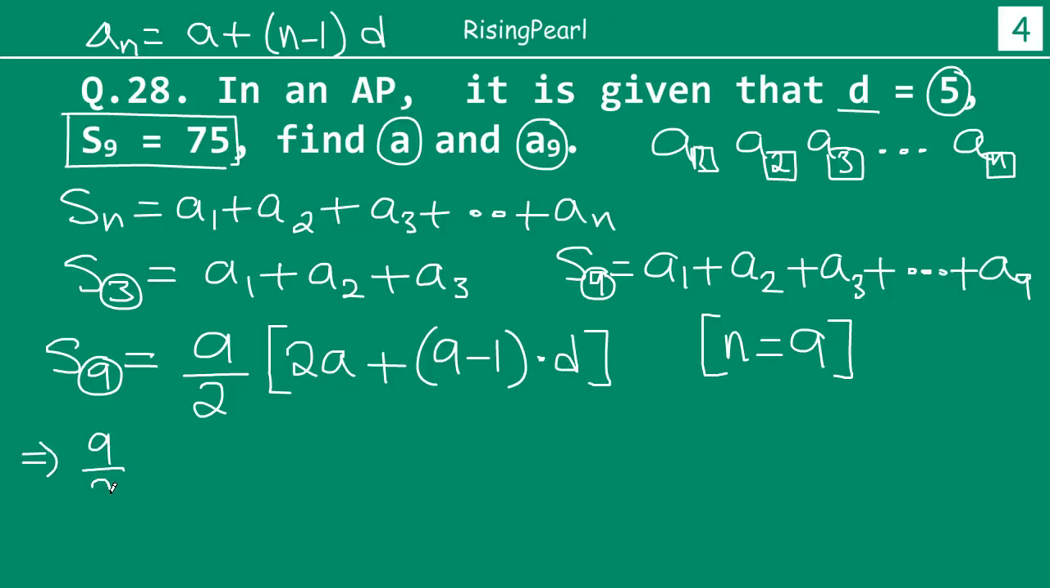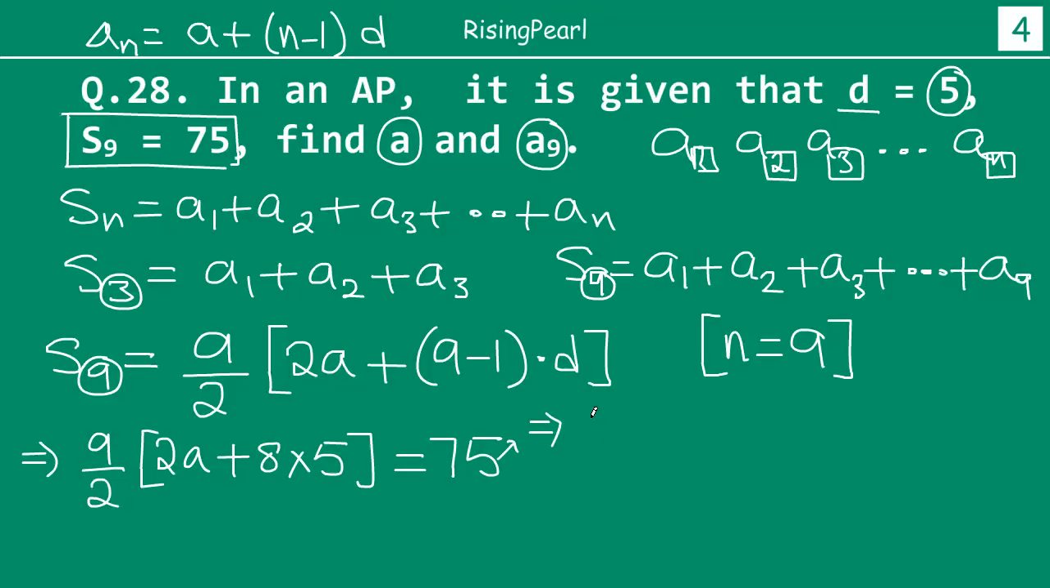So in other words, let's actually do this. We have 9 by 2 times twice A plus 9 minus 1 is 8 times, what is the D? D is given as 5. And it is also given that this value S9, that is sum of first 9 terms, is 75. That is what is given to us. So let's see from here. Let's take the 2 on the other side and divide the other side by 9. So we have 2A plus 8 times 5, which is 40, equal to 75